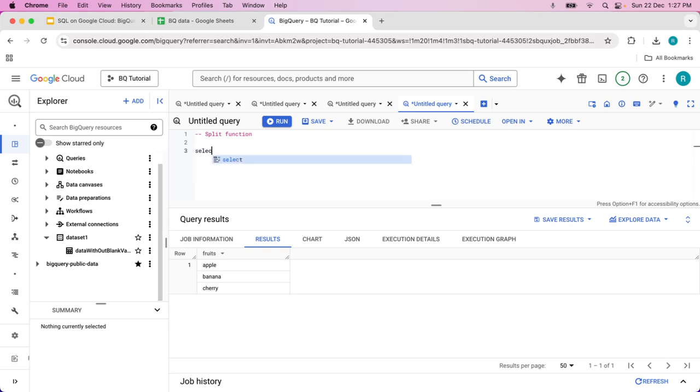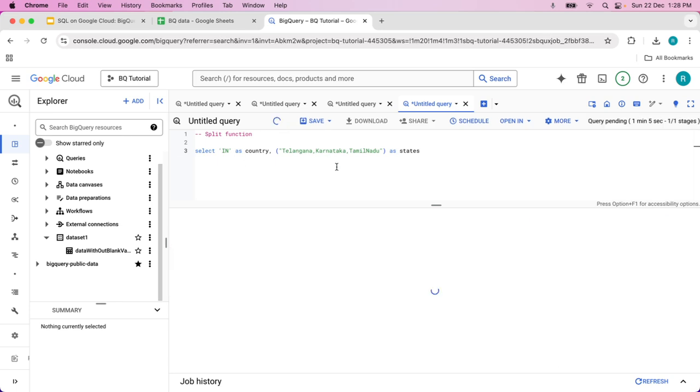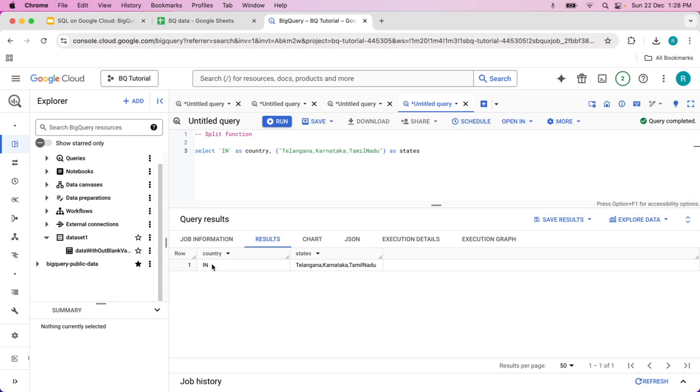Okay, so now what we will do, we will write it again. We will take one more select, select IN as country, and just assume that I have states, something called Telangana, Karnataka, Tamil Nadu. Okay, let's assume that we have three states as states. So if you look at this data now, we have the country, and in the states we have three states. Okay, and now let's assume that you want to split